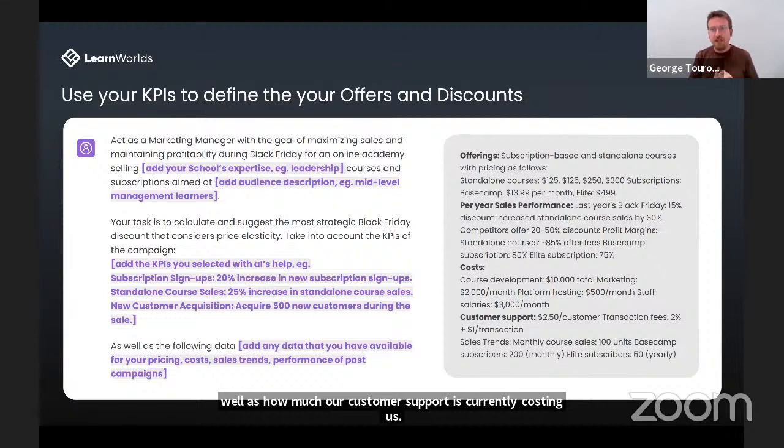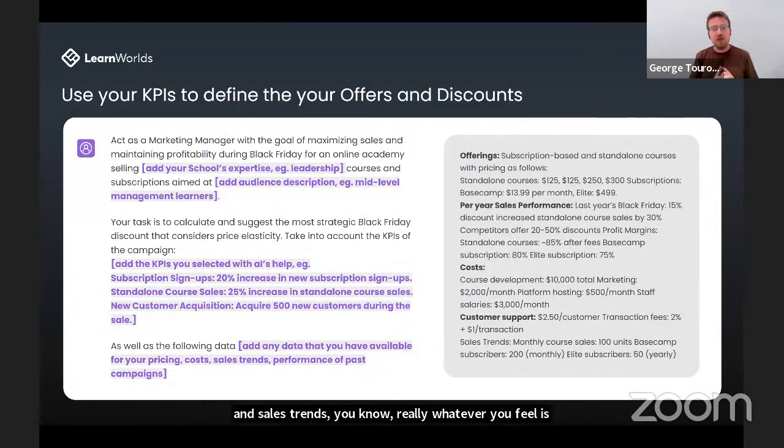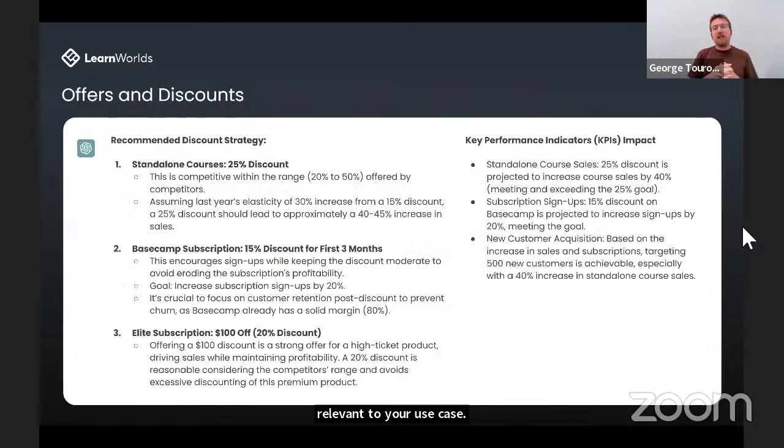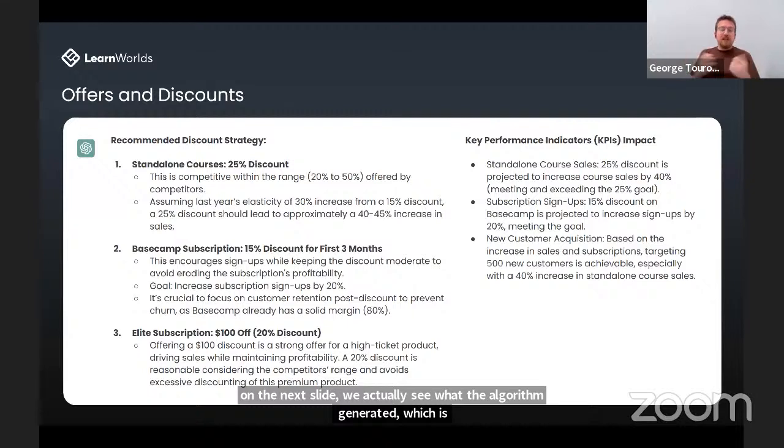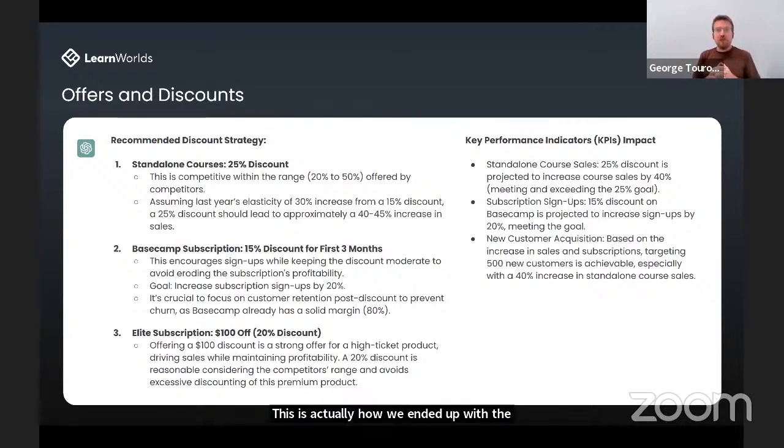Really whatever you feel is relevant to your use case. And on the next slide, we actually see what the algorithm generated, which is actually quite impressive. This is actually how we ended up with the discounts that Elisa demonstrated previously.